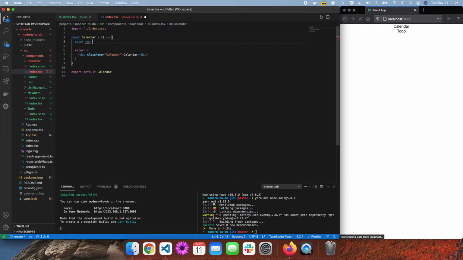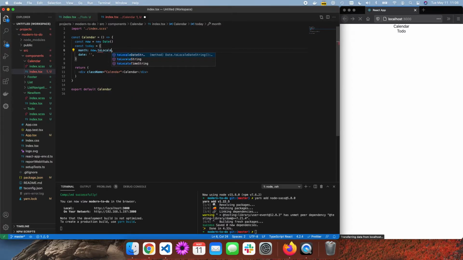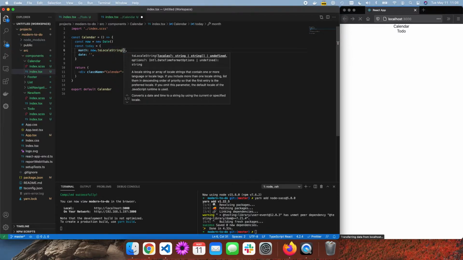First one is now, which is a new date, so it fetches today's or the current date as of when it's read by the app. And then today is going to have two properties, month and date. For the month we're going to do now dot toLocaleString, and in here we're just going to pass